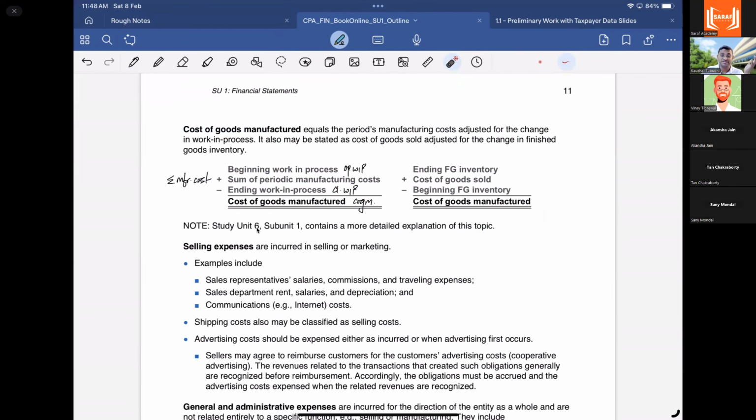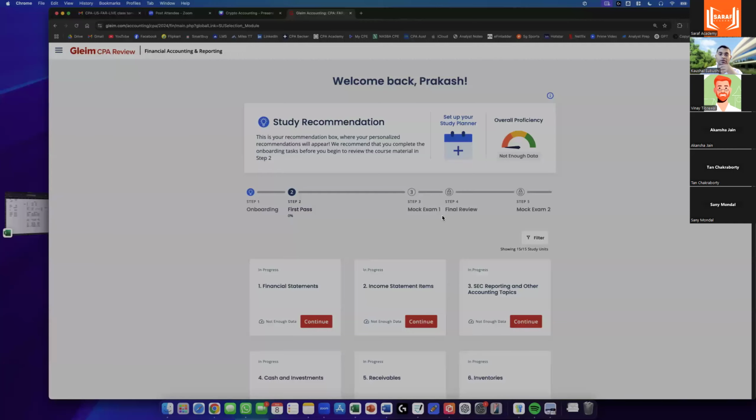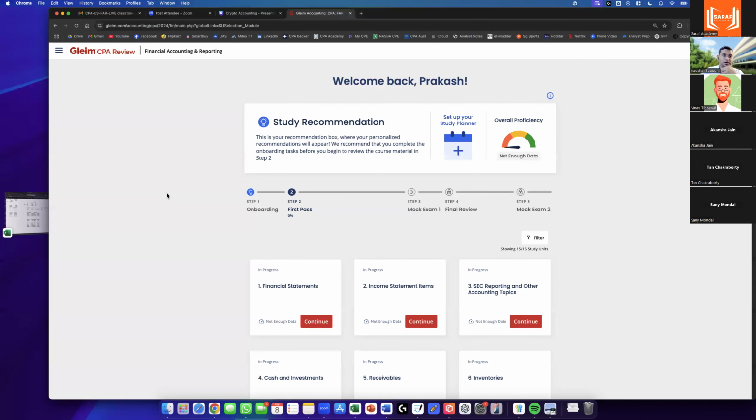Now, study unit number 6, subunit number 1. Oh, I didn't know that they are terming it as subunit. ठीक है, हम इसको subunit भी बोल सकते हैं, हम इसको reading number भी बोल सकते हैं। ठीक है, तो study unit number 6, reading number 1 or subunit number 1 contains a more detailed explanation of this topic. So we're not going to stress too much over here, but if you still really want to go back and